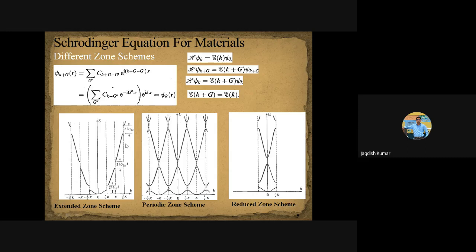But then we realize that whenever an electron is in a periodic potential, its energy satisfies this fundamental property. Then we realize this is not the only way to represent the energy of an electron in reciprocal space. This is also another way of doing it by applying this equation. So we got a new representation scheme, and we can equally well represent the energy of the electron in this manner as well.